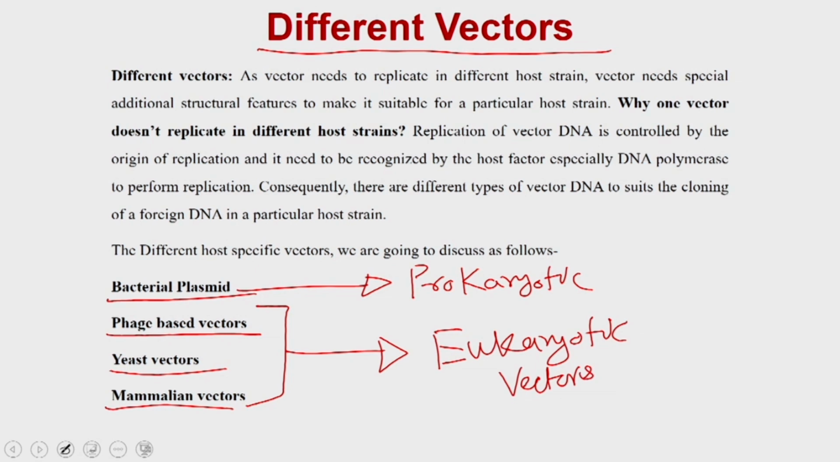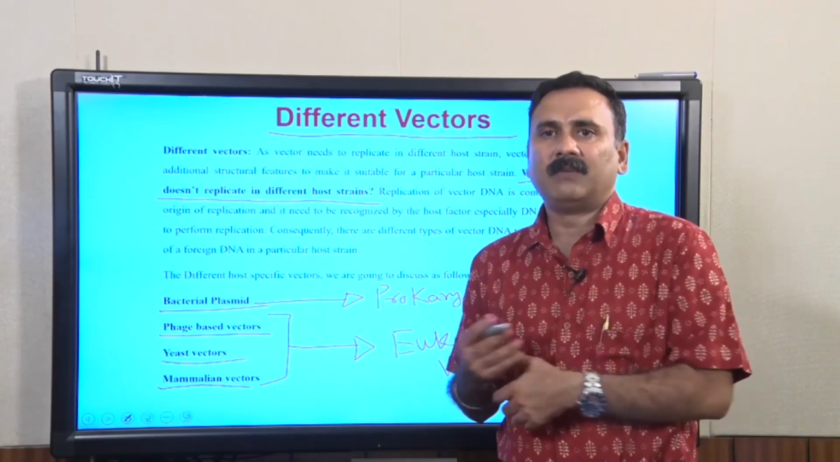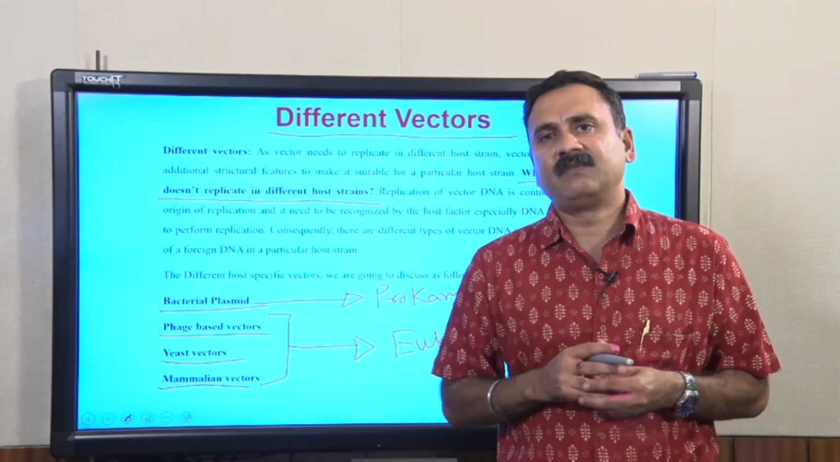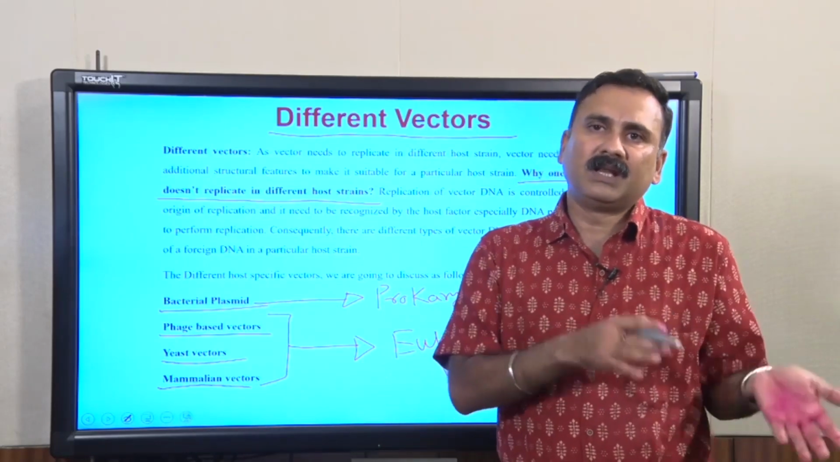And as we have discussed, the vectors actually contain their own origin of replication. That's why one vector will not replicate in different host strains. As you have seen in the previous slide itself, if you have the origin of replication from ColE1, that is going to replicate only in E. coli,